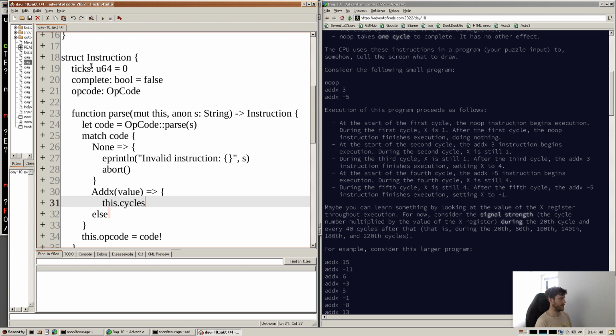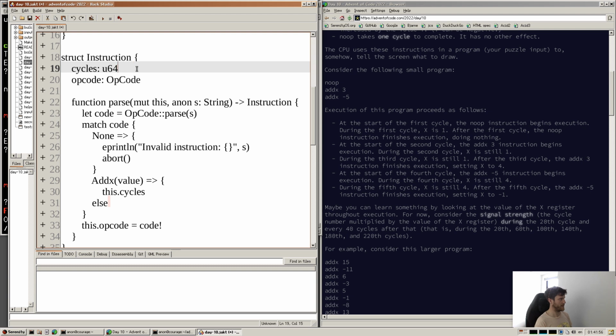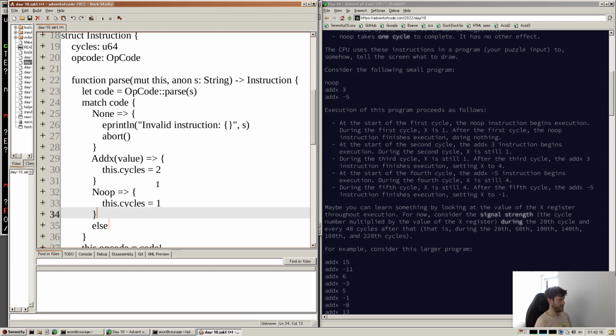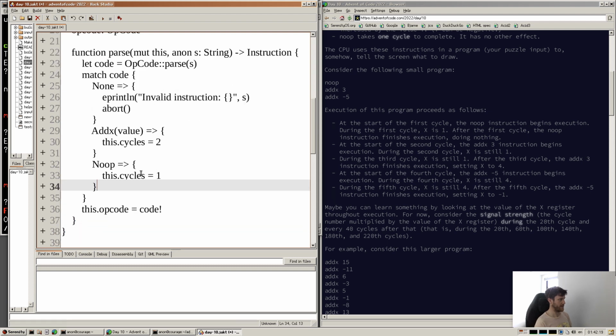I'm going to call it cycles, and then we don't need the complete, and so add x will have cycles of 2, and no op will have this dot cycles equals 1, and then if it's complete, it just means cycles will be 0 at the end,